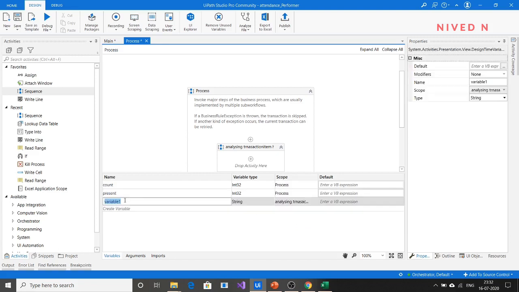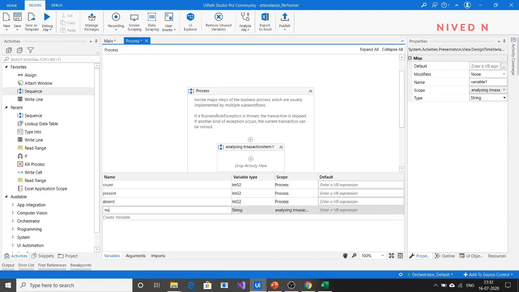Okay, and create another variable called absent to store the total absent details of each employee. And also create another variable called null value, which is used to store the total null value of each employee.